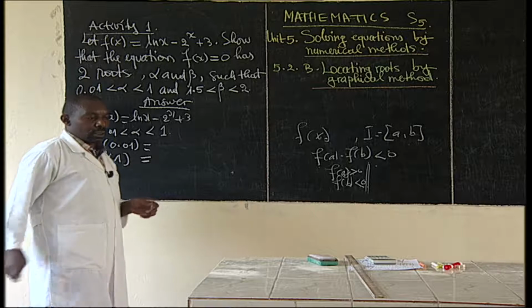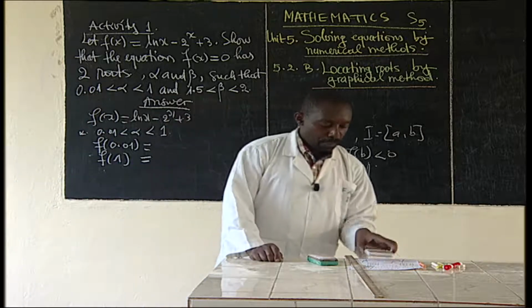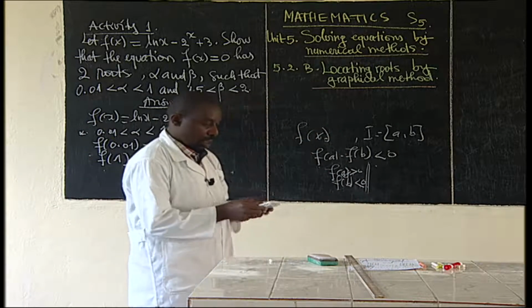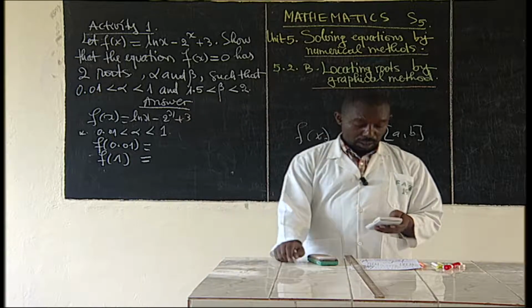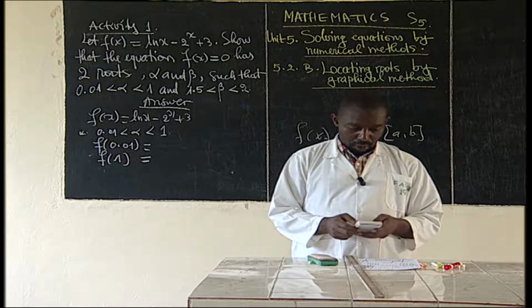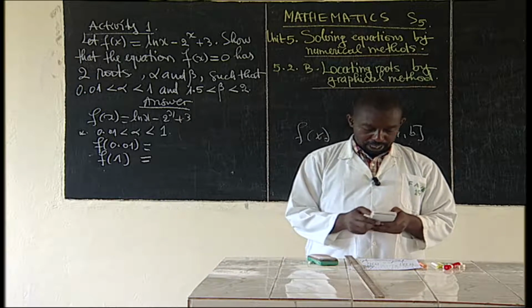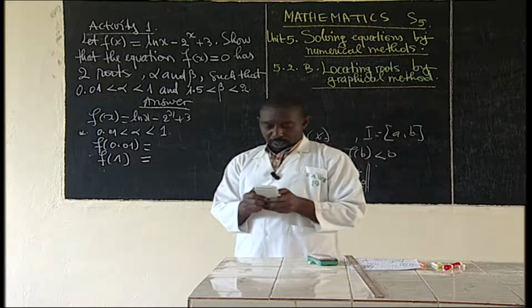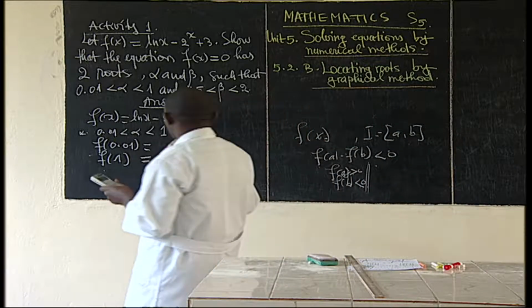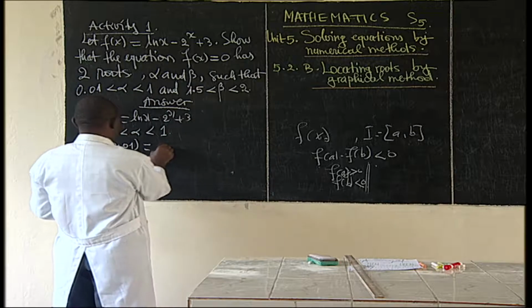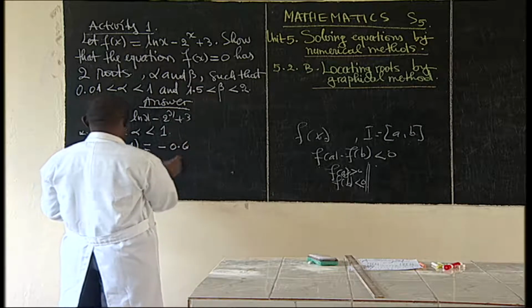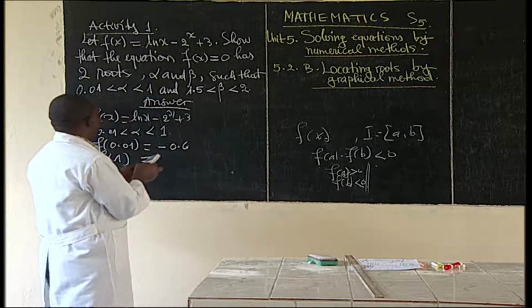You have your calculator. Mine is here. When I calculate, I get minus 0.6, and there you have